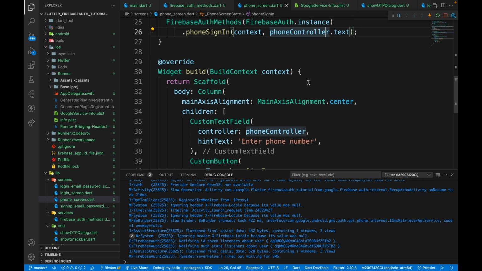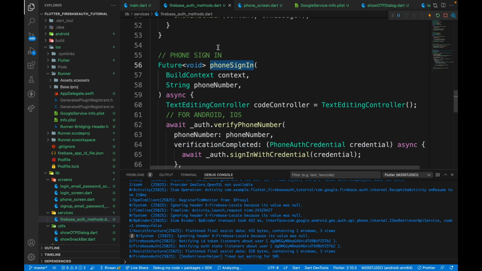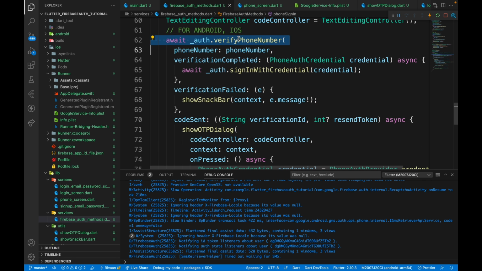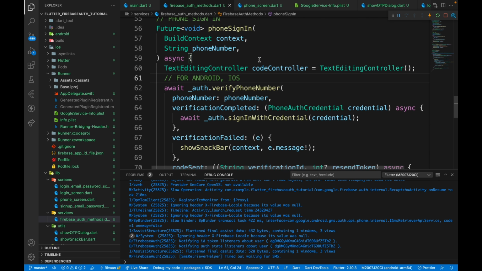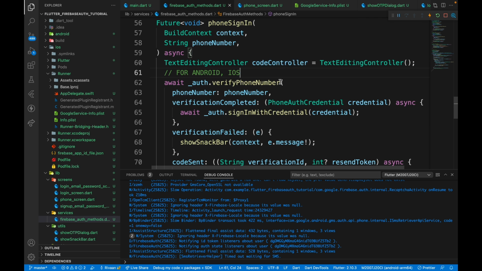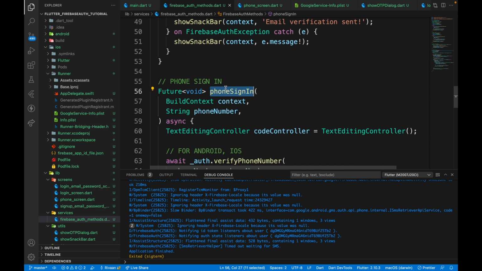Now let's configure it for the web, because in our Firebase auth methods, this verify phone number method works only on Android and iOS. We have a different method altogether for web. So it should be fairly easy for us to do it. So let's do it. Alright, so for the web version, what we need to do is again go to the